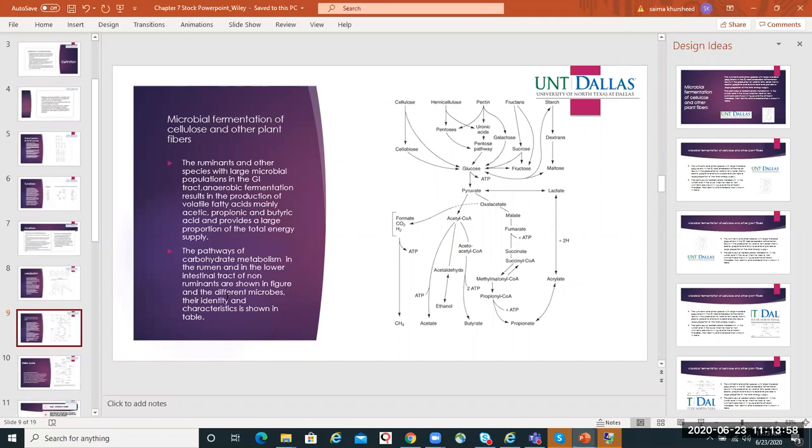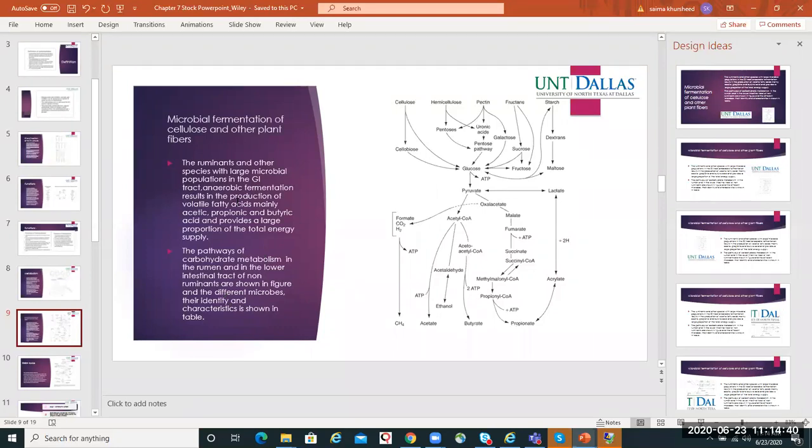Microbial fermentation of cellulose and other plant fibers: it has been found that in ruminants and other species with large microbial populations in the gastrointestinal tract, there occurs anaerobic fermentation of carbohydrates, which results in the production of large quantities of VFAs, that's the volatile fatty acids. These include acetic acid, propionic acid, and butyric acid. So these are the three volatile fatty acids that are produced because of the microbial fermentation of cellulose and other